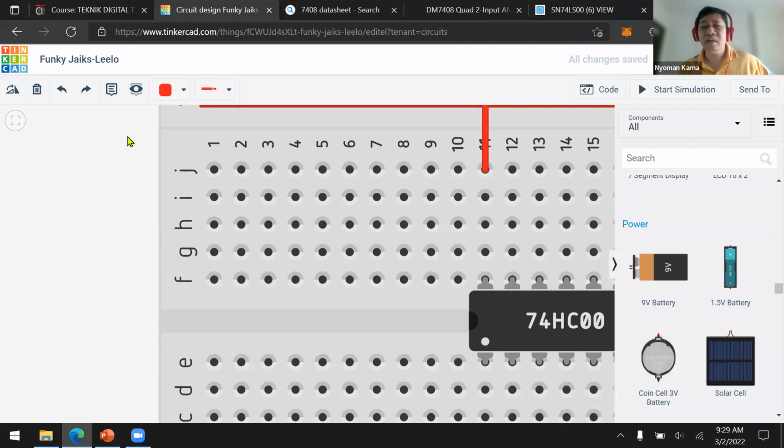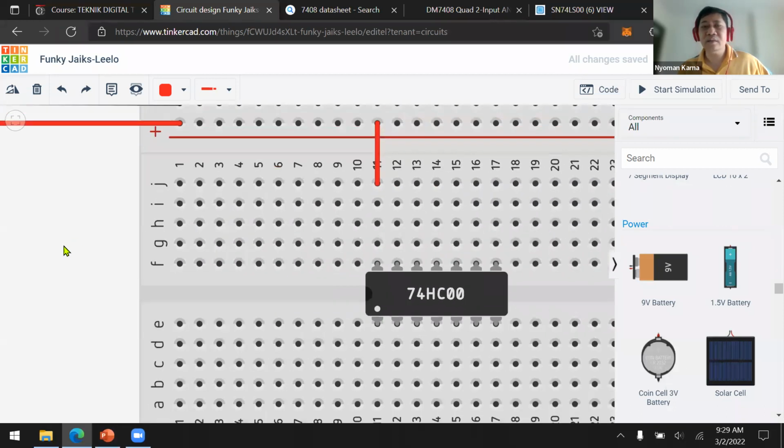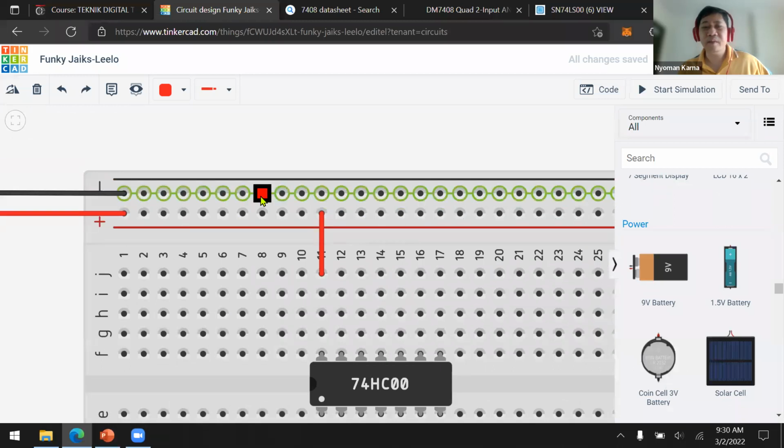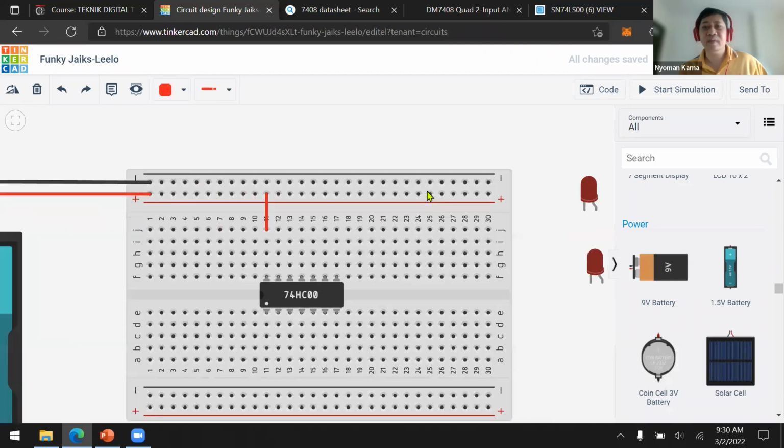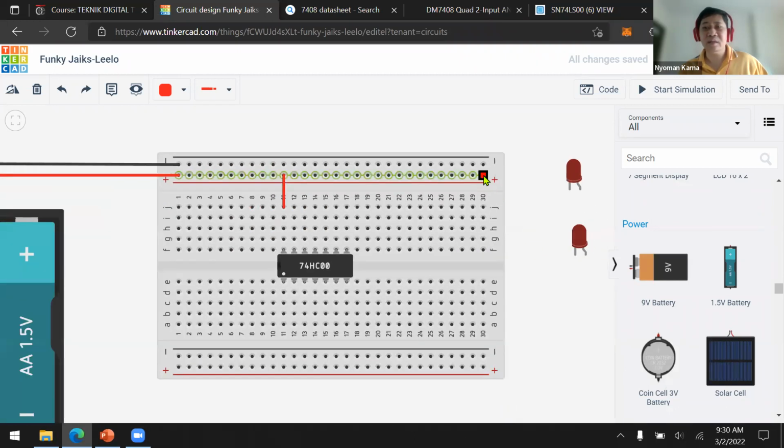Okay, same thing here. All of these dots are connected, and this is also connected. So if I put positive in here from the battery, I can use it from here or from here, etc. So now let's put the plus here.